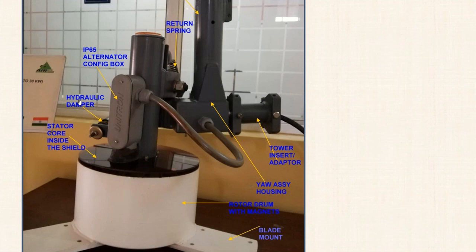So this is the return spring. Here is the return spring. It has a very important role when a turbine moves,